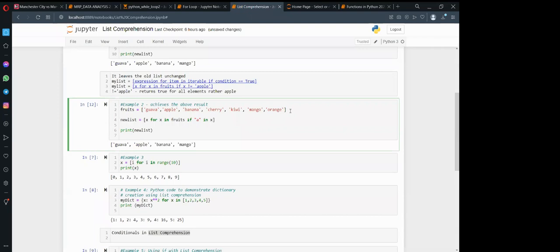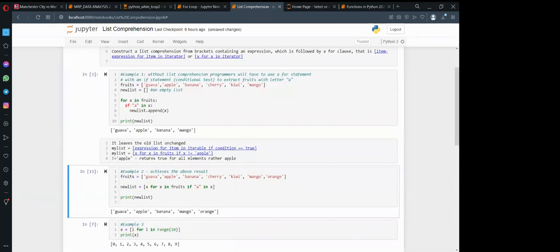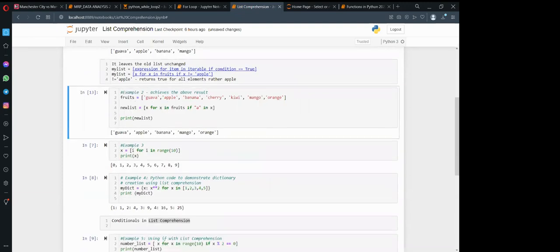Yes, if you execute it, you can see the way orange has been added automatically. If you compare the two codes, code 3 does not implement list comprehension, while the other implements list comprehension and it is very short.